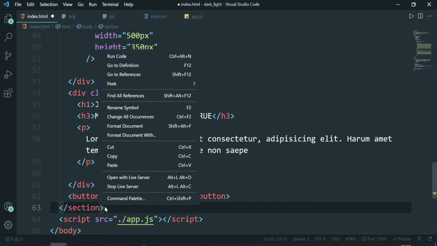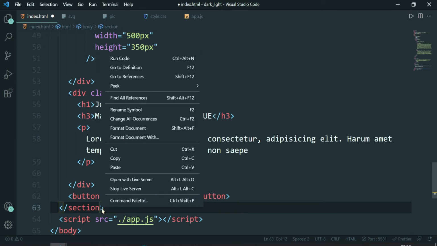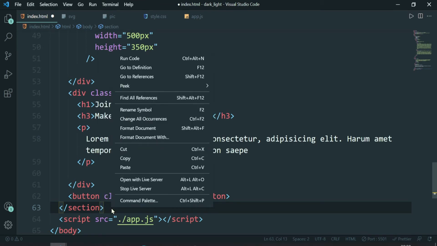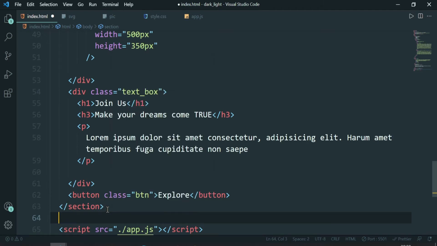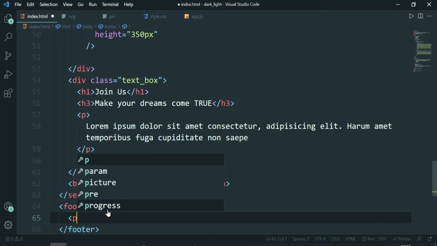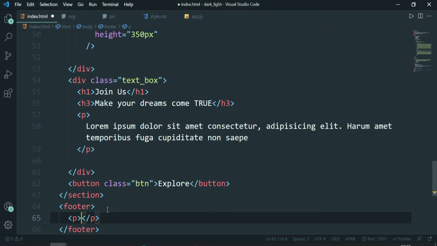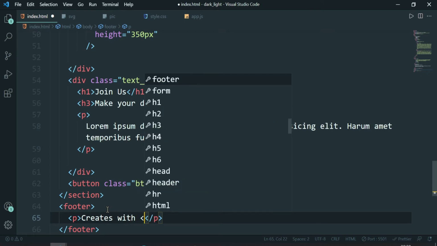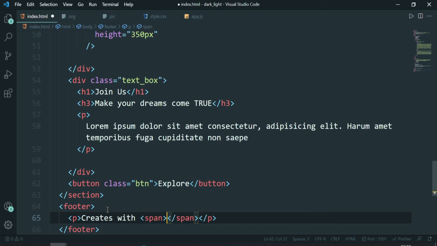After this, let's create one footer also, and then we will be good to go with our HTML file. So let's create the footer, and this footer will be a very small one. We will be having just one p, which will say "created with", and we will be using some special symbols.